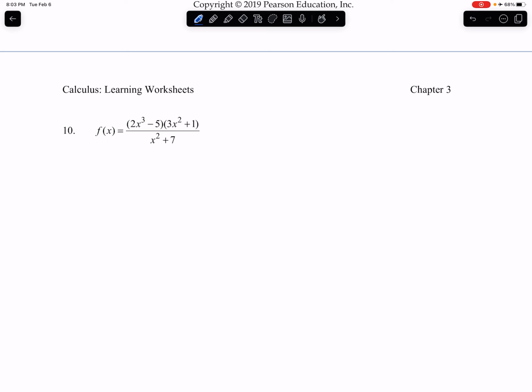For our final example, we will do a combination. We have a product in the numerator, but altogether it's in a quotient. So we'll have to do both. Let's start with the numerator. We have our product up there, and in order to do our quotient rule, we're going to need to know what the derivative of the top is. So to find the derivative of the top,